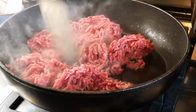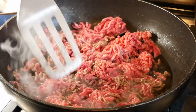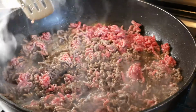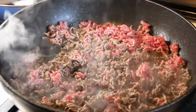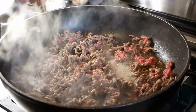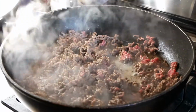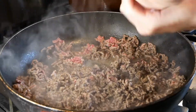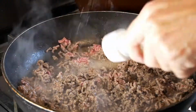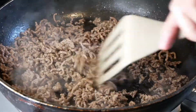But in the pan, in the same bacon grease, we're going to brown off some minced beef. It's going to be nice and golden on the surface, and give it salt and pepper just to ensure that the beef is being seasoned. And once the beef is golden brown on the surface, it can be transferred to the big pot to meet